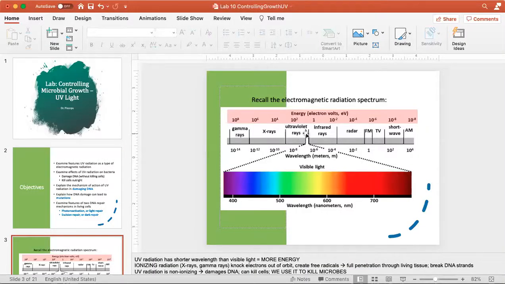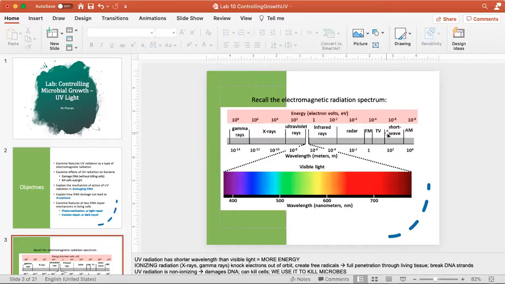So all the way at the other end of the spectrum, that's where radio waves are. You can see that when it comes to FM radio and AM radio, the AM has the least amount of power associated with it or energy associated with it and the longest wavelength. Then you have shortwave radio. Then you have television signals, FM. We're talking about very long wavelengths and very low amounts of energy.